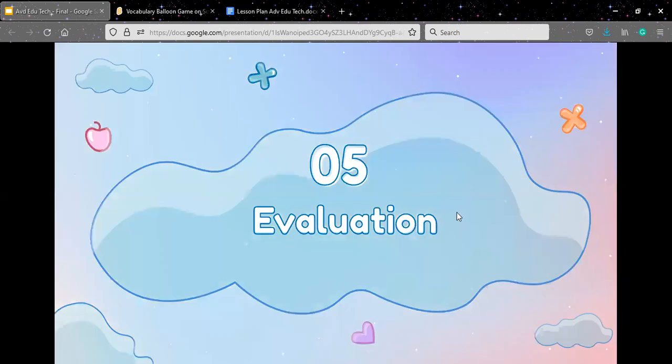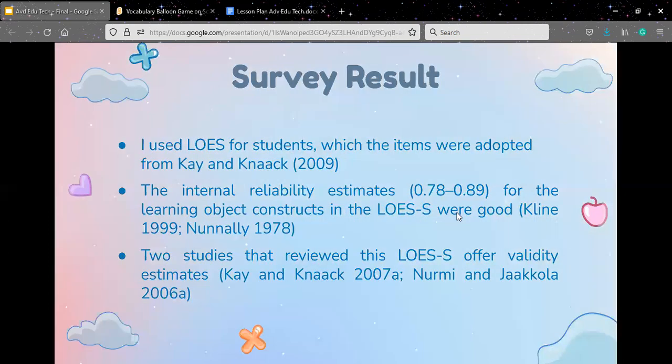Okay, the fifth stage is evaluation. In the evaluation stage, I used a survey. After the participants used the game, they had to fill in the survey. I used LOES, the Learning Object Evaluation Scale for Students. The items were adopted from Kay and Knaack,